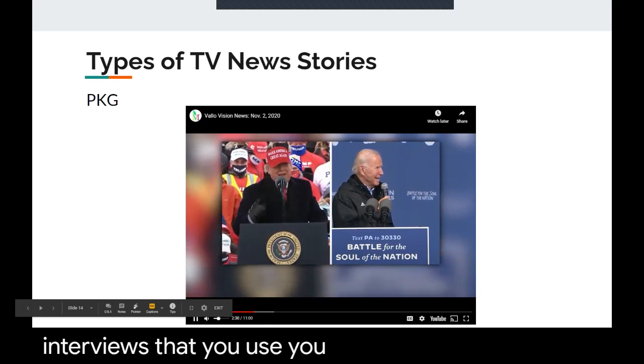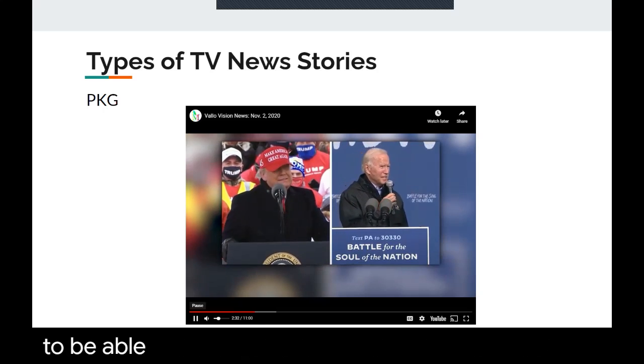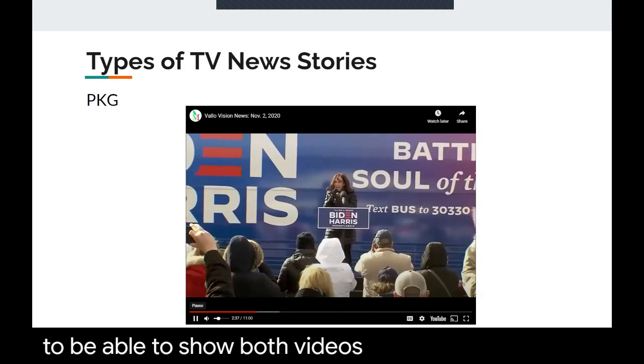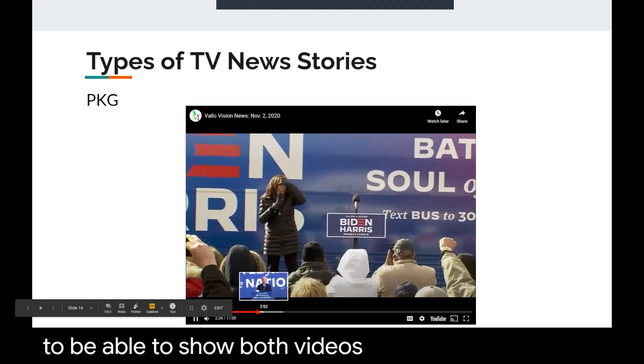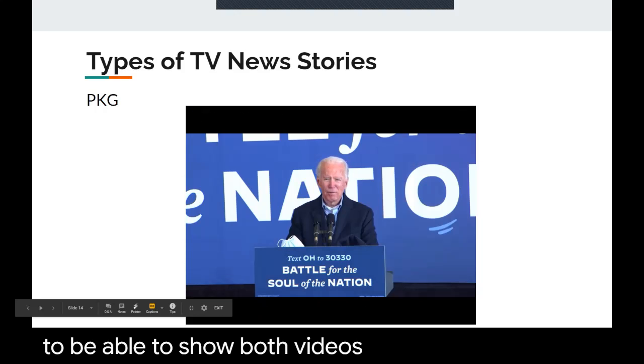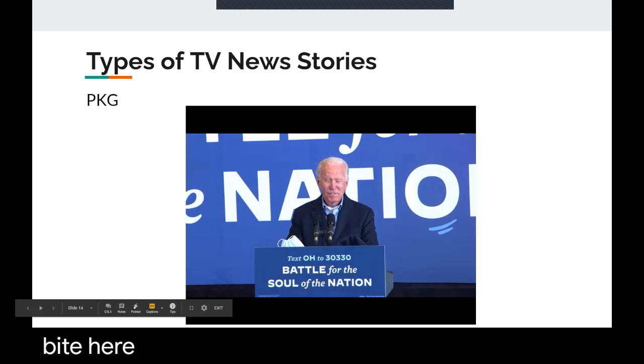Both candidates making stops in the critical battleground state. Biden spending most of the day reaching out to voters in the state with his vice presidential pick, Kamala Harris, after campaigning earlier in Cleveland. On the other hand, our future is